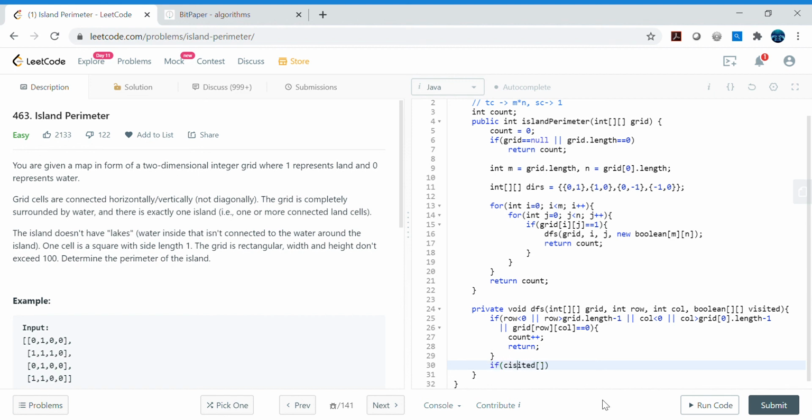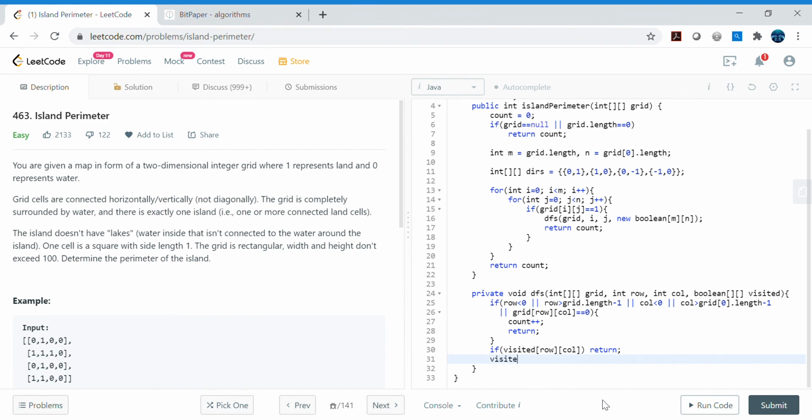So if it is visited, basically visited[row][column], then go ahead and return from here as well. Otherwise, mark this as true, visited[row][column] = true. And now let's go ahead and call DFS with row + 1, column, visited. Okay,